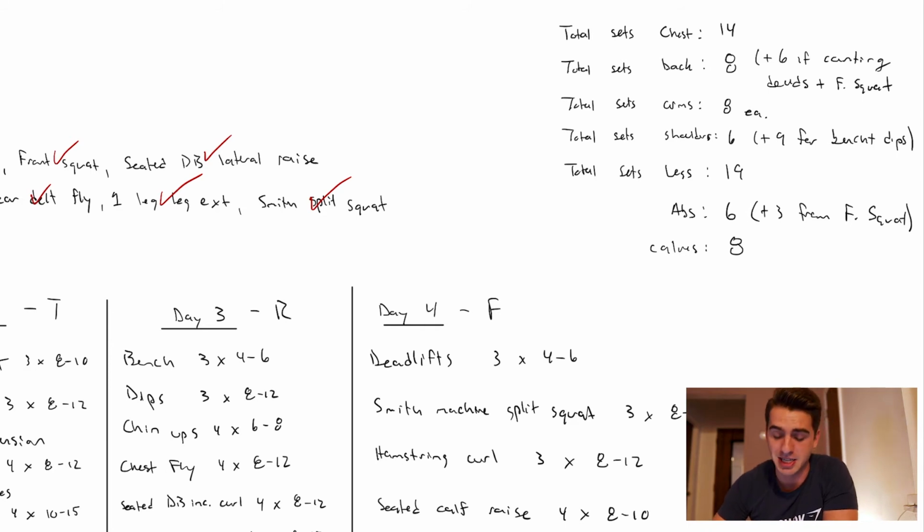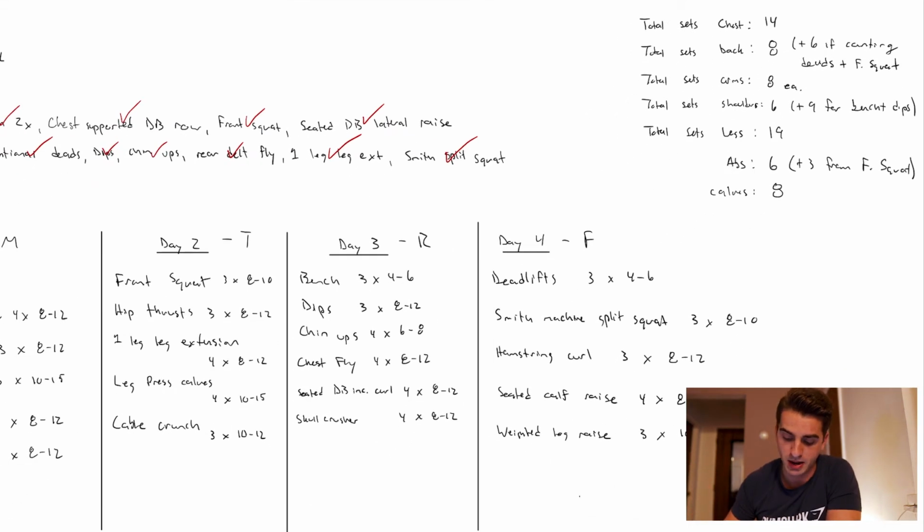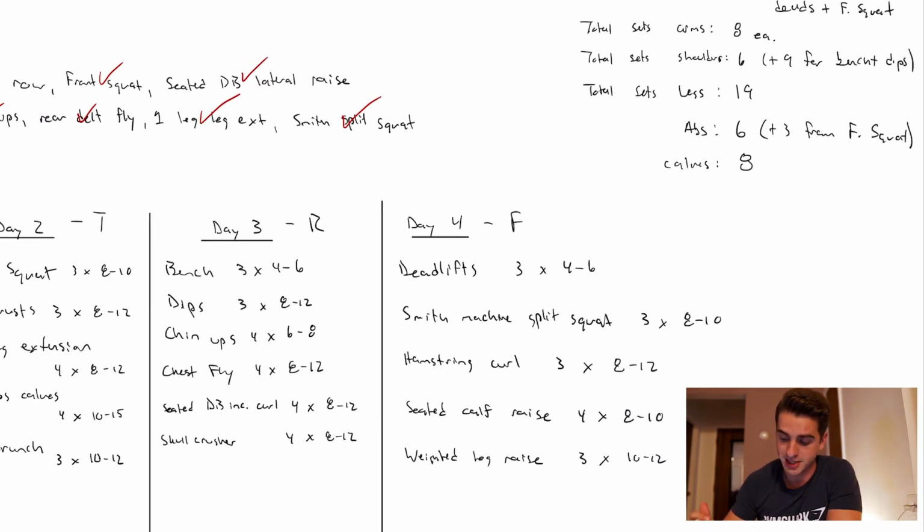Legs, we total that up to 19, so that's on the higher side of volume, right? So that's why I said earlier we only want a couple of leg exercises. If I threw in 5 to 6 leg exercises, I would be doing like 2 sets of each to stay within these recommendations. So from there, we have 6 sets of abs, which again, you have +3 from front squat,